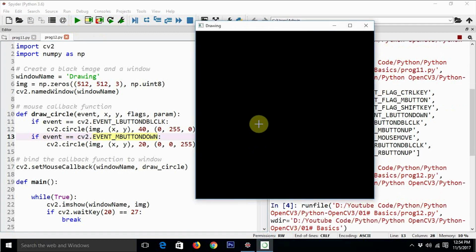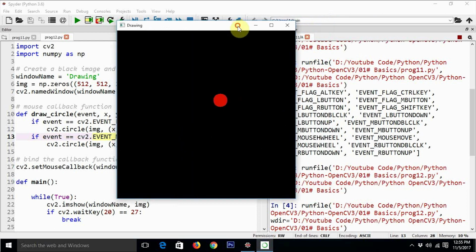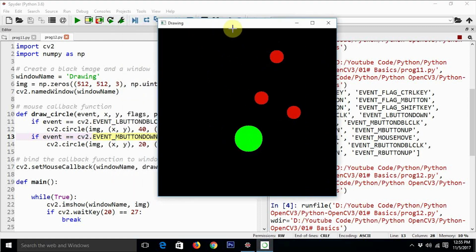If I execute this again, yes, M button down stands for the middle button down. Whenever I click the mouse wheel, it draws a red circle. And when I double click using the mouse's left button, it draws the green circle.